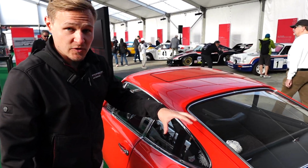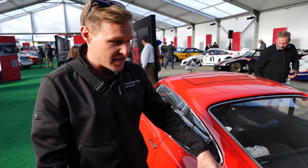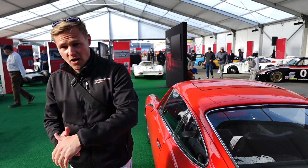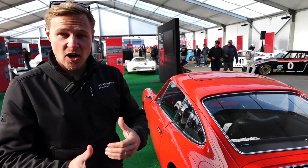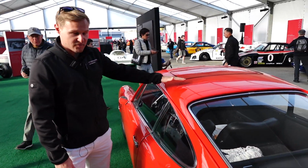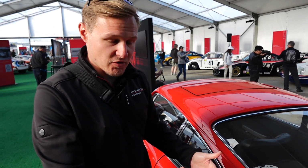This is owned by a chap called Don Malouf. He's owned the car for 40 years, found the car in a lot. It was in a hell of a state. He's had it recommissioned many years ago. It's been proven by the factory after much consultation between Don and the archive to prove that this is actually a prototype. And the giveaway that it was a prototype, the museum had to contact an old worker that remembered the sunroof. This has got a unique sunroof rather than a slide back electric sunroof that the production cars had. It's a tilt sunroof, and it was that big giveaway that was able to reveal this car